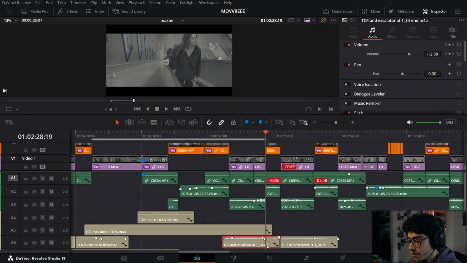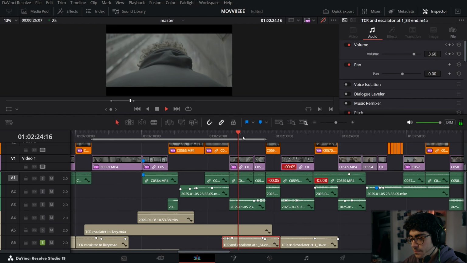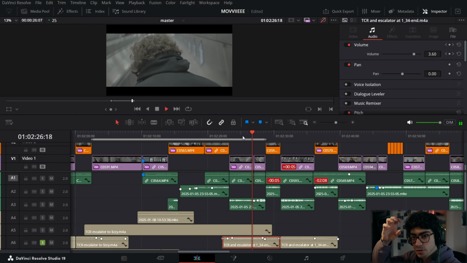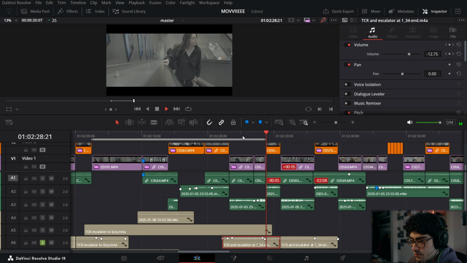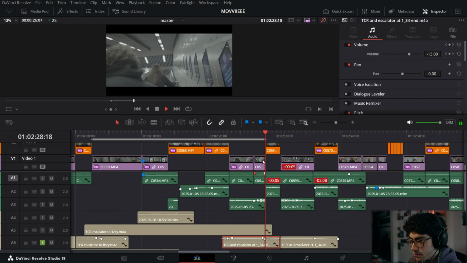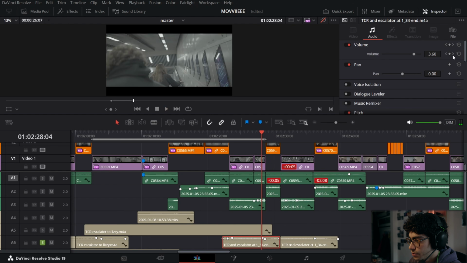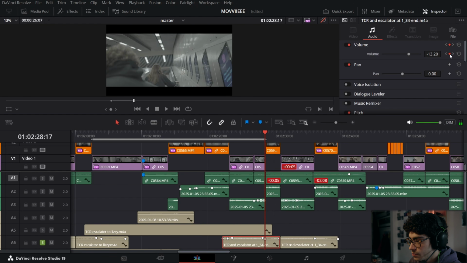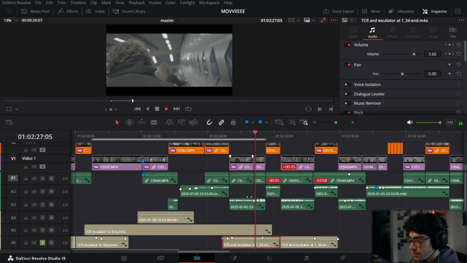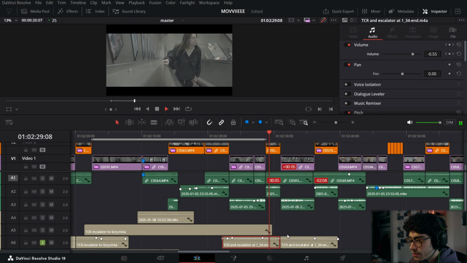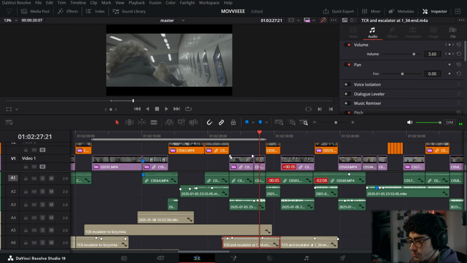And what I've done is I've also made the escalator sound. So if I just play this to you, I also bring it quite far down when it switches to her, so you can see that. And I've just done this with keyframes, so that's 3 to -13. So I've got this at 3 decibels, right? And if I just kept it there, okay, let's watch this back,